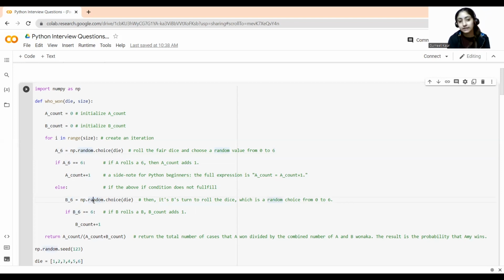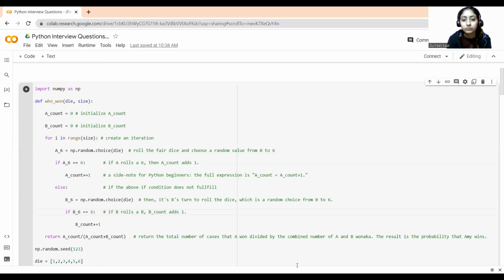Again a condition: if the b underscore 6 value, the die value, is equal to 6, then the b count plus 1. So a count will be added to a b count, right?